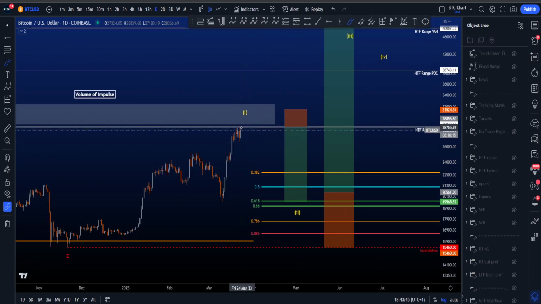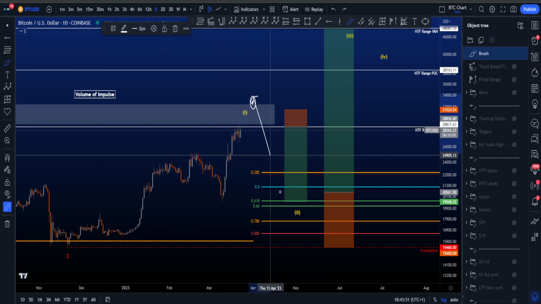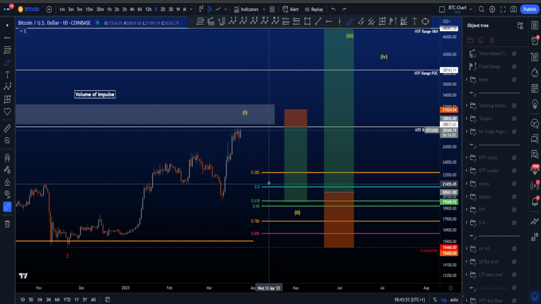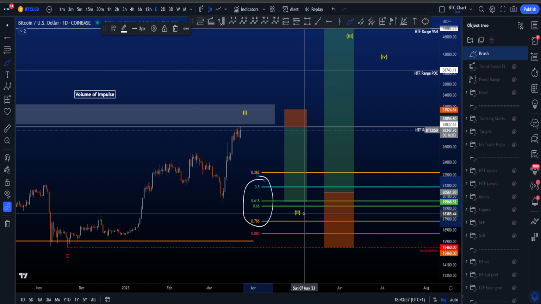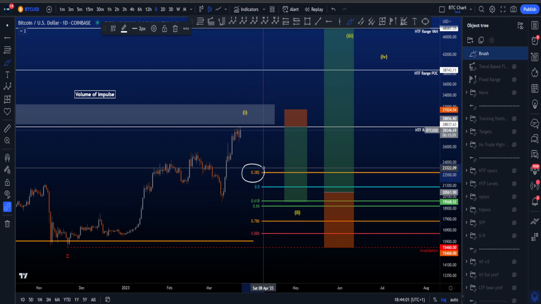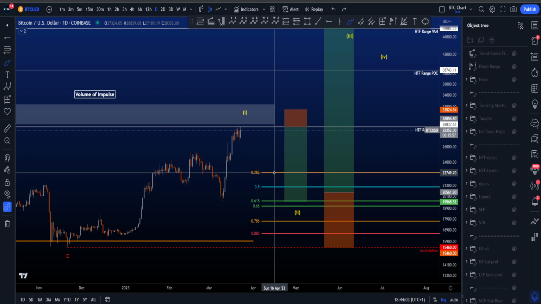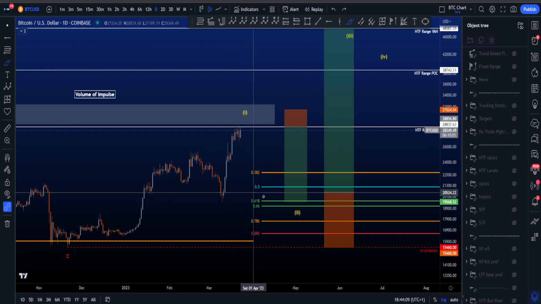Interesting is a potential short setup over here. Nonetheless, it is risky because of course we are in a bullish environment. Stop loss somewhere above, trading it to the downside for the most common targets usually of wave 2, which is between the 0.5 and the 0.786, with the 0.382 fib being the rare target, basically currently sitting at 22.7k. These fibs are taken from the low of wave 1 to then the high of wave 1.